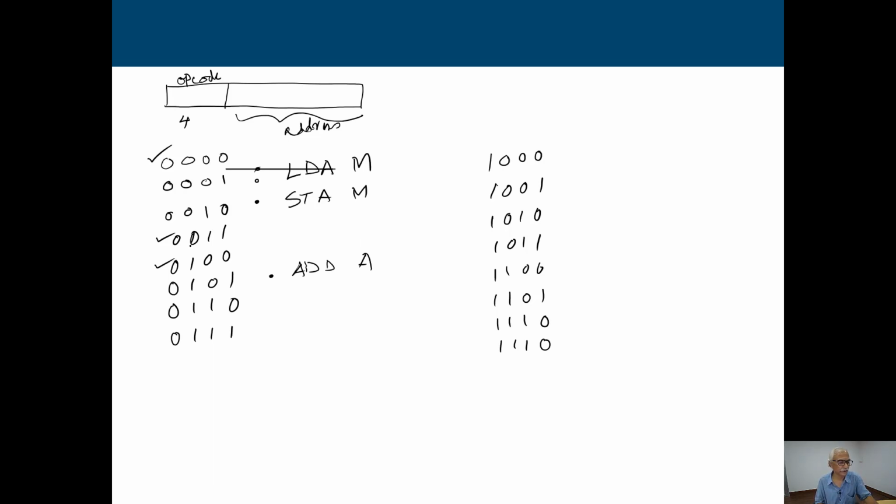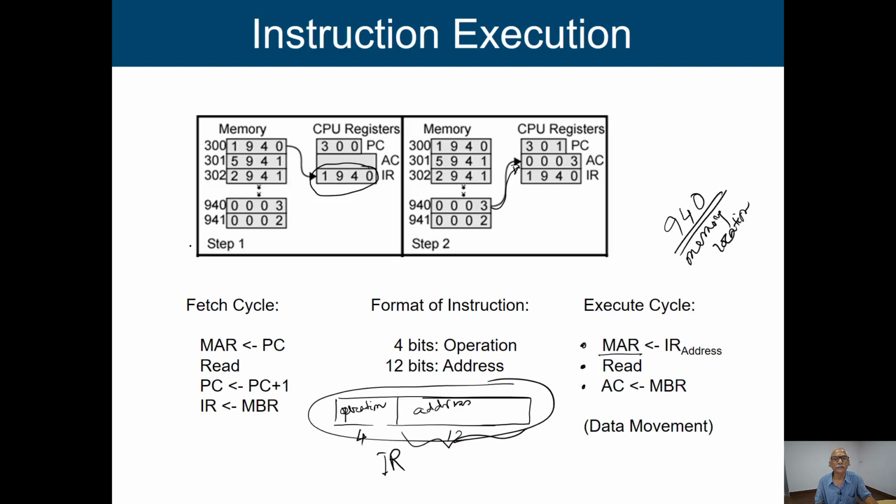In a simple case, for the first instruction, which is load accumulator, the execution cycle is: first I have to get the address, then read it, and finally put it into the accumulator. Like that, we have to find out what steps we have to perform while executing that particular instruction.